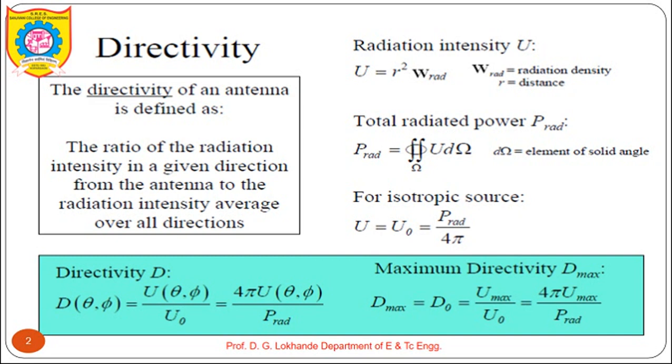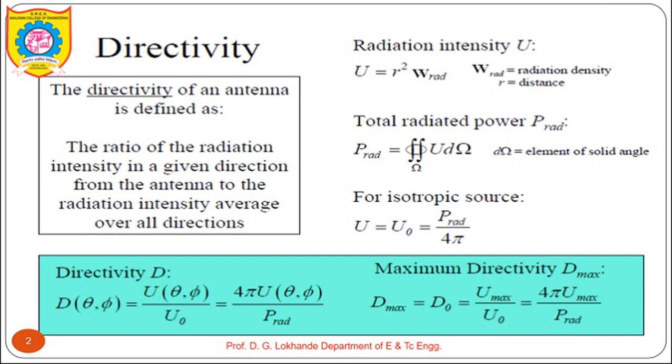And according to that we need to observe the average radiation intensity is equal to the total power radiated by the antenna divided by 4 pi. If the direction is not specified, the direction of maximum radiation intensity is implied. Stated more simply, the directivity of a non-isotropic source is equal to the ratio of its radiation intensity in a given direction over that of an isotropic source.